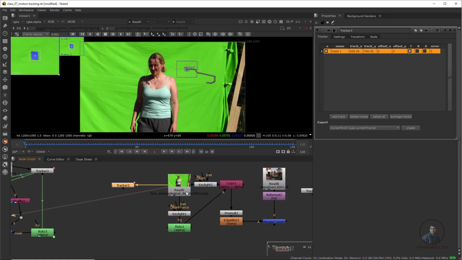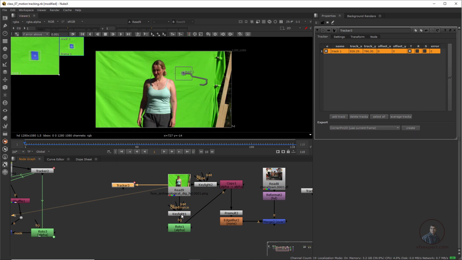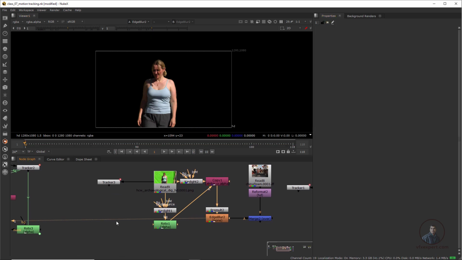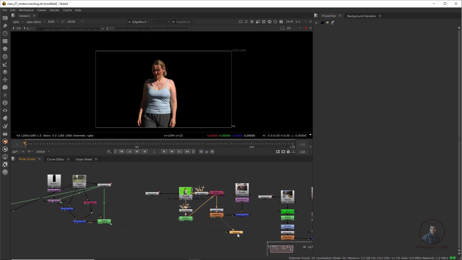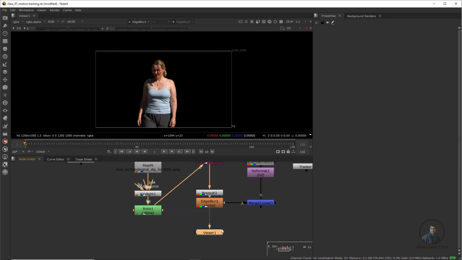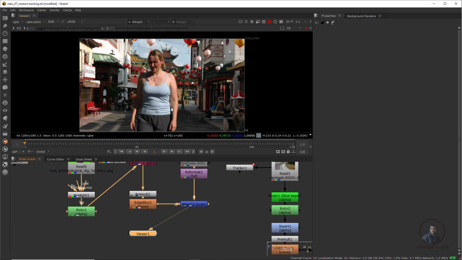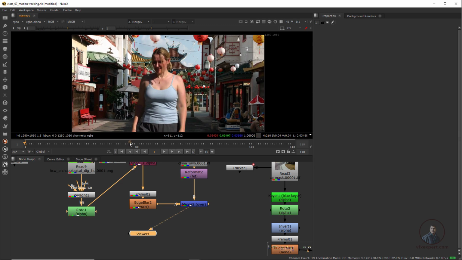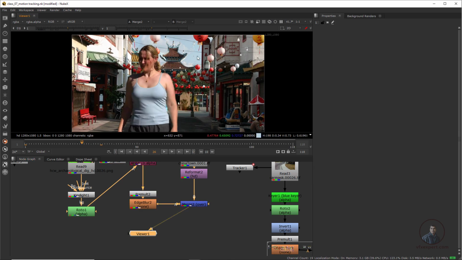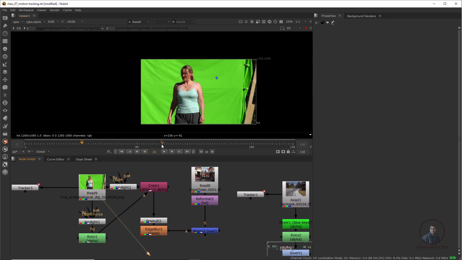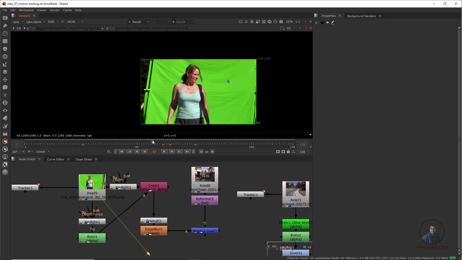Here I have removed my chroma. You can see, with the help of this key light, all these things. So this is actually our final shot. Then I have composited this shot on top of this background here. Now if you see, this background is not moving according to our original footage motion here. So now you can see this motion.